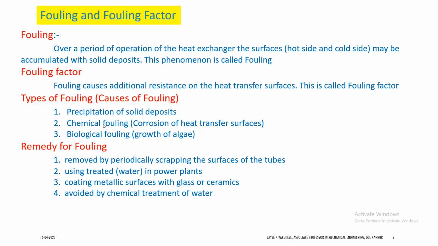The fouling factor is usually represented as the resistance per square meter area. So how do we calculate fouling? Normally, from an exam point of view, we will have data available for fouling in different practical cases, and that will be available in the data book also. You can refer to the data book or textbooks for getting the value of fouling factor in different operating conditions. The operating conditions are different.